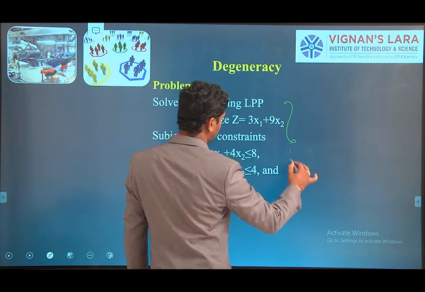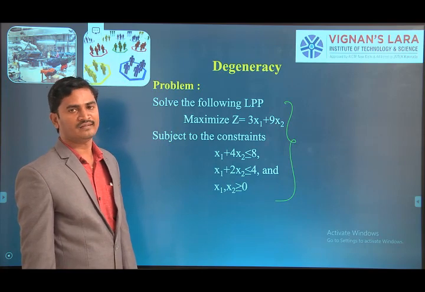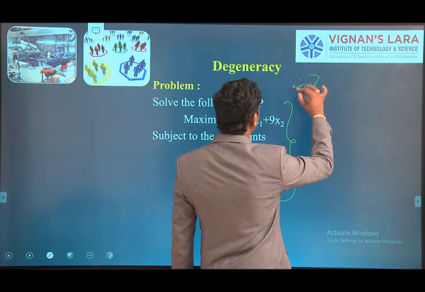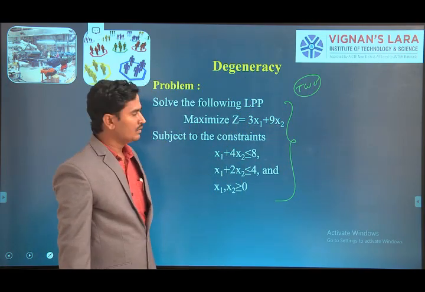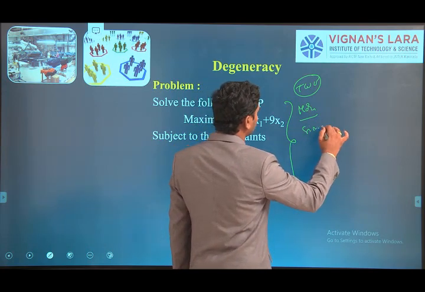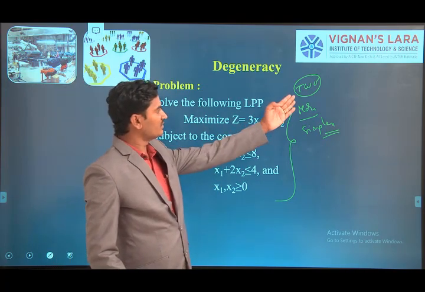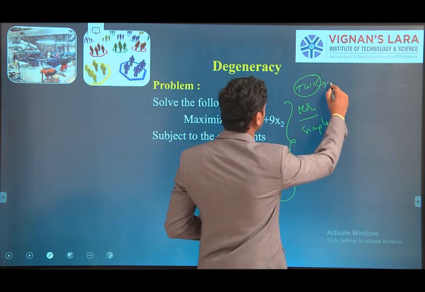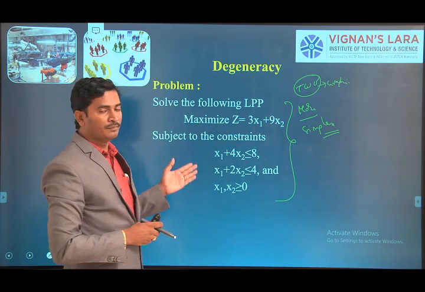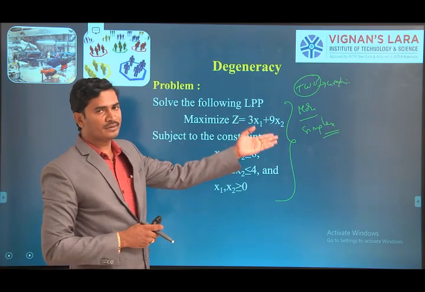First we check the feasibility, whether the problem is solved by the graphical method or the simplex method. If we have two decision variables, we simply go for the graphical method. If we have more than two variables, we choose the simplex method. Already we discussed these two methods, graphical and simplex. Coming to this problem, here they didn't ask anything, but from a competitive exam point of view, you can choose any method to solve this problem.